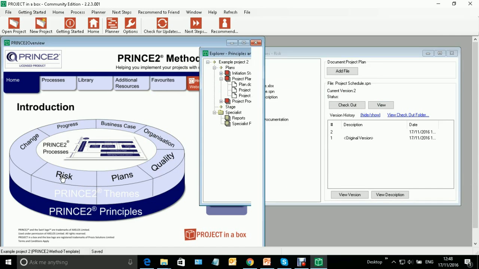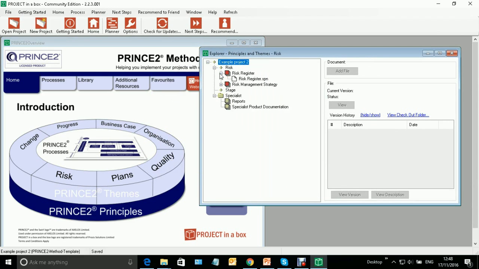And if we want to go off and work on our risk and issue registers, it's going to be exactly the same thing. Jump off to that, and here you'll see I'm using the themes to get to those things I'm interested in quickly, because sometimes that's the way I'm going to be updating my data in the real world. That's what happens, but in practice normally we're going to come across these things as we need them, as we proceed through the process. So that's how we can in practice engage with PRINCE2 in really quite a substantial way